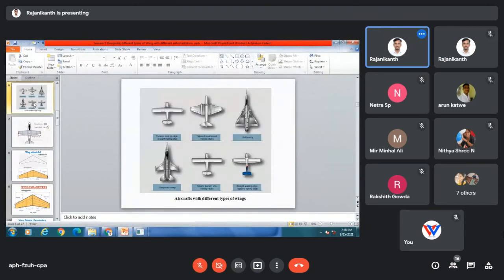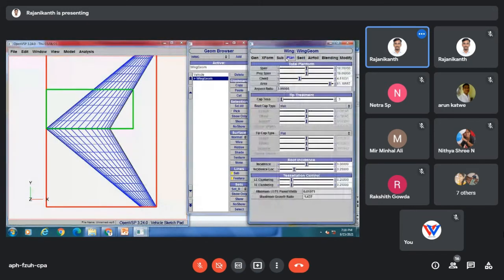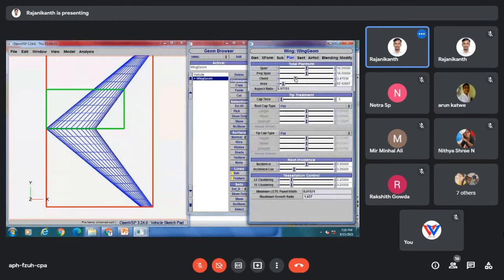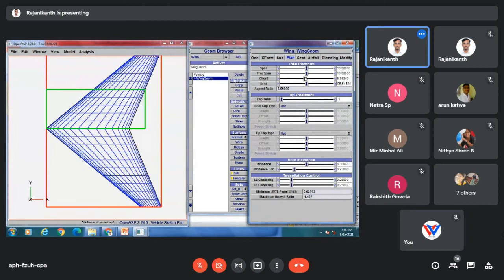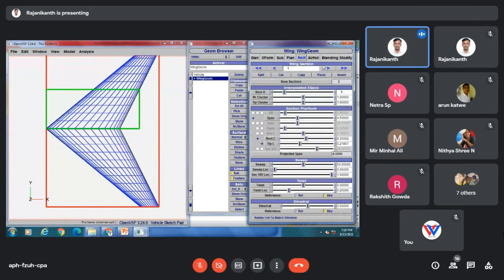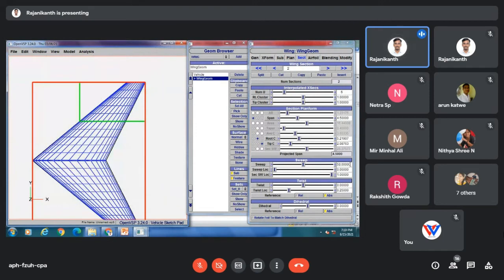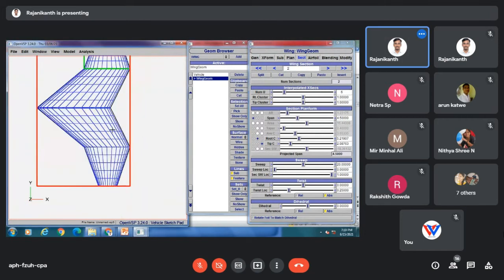So here we have such wings also, like this. And for the same wing we can do a few more alterations. In the second section, instead of 50 degrees, we'll reduce this to 20 degrees.